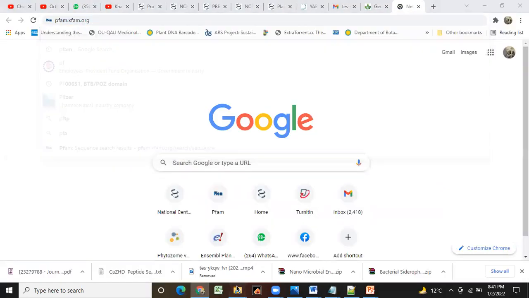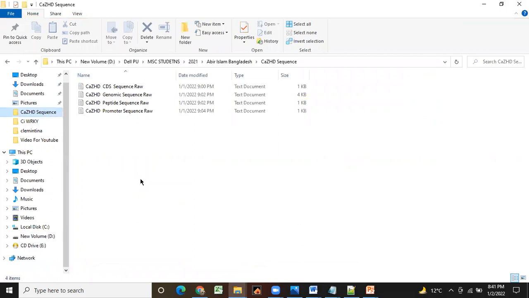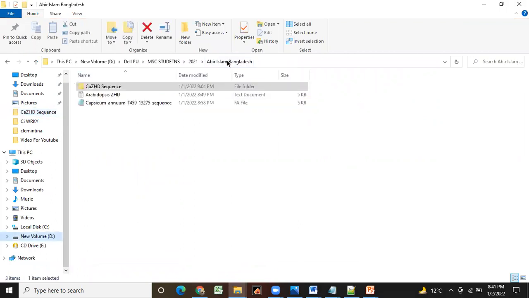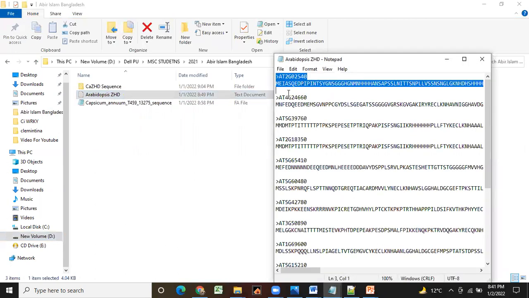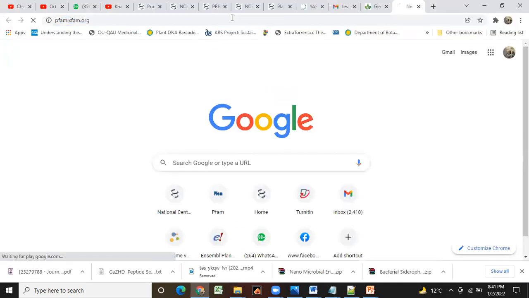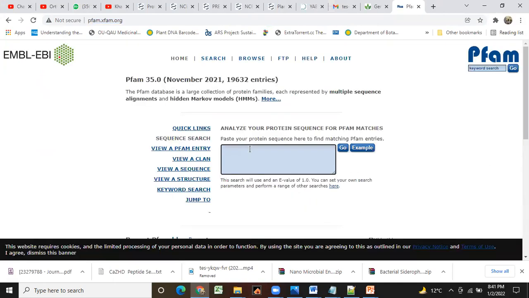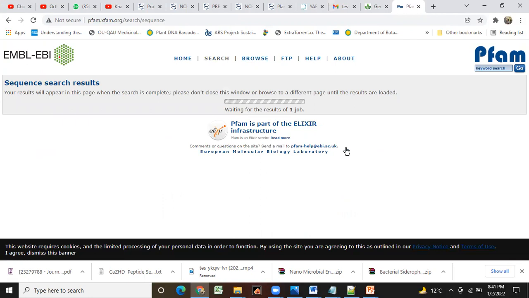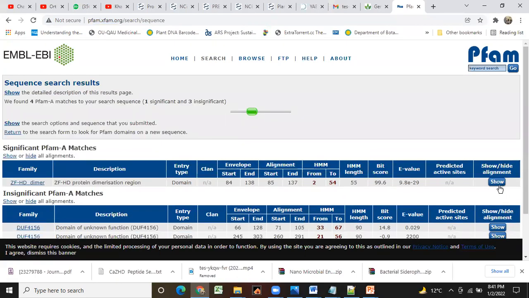Did we save the domain? Capsicum annuum, Arabidopsis ZHD genes, okay. Copy it, and then we will search using Pfam. Then we will identify the ZF-HD dimer. Is it the same?